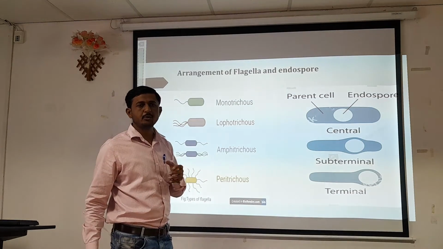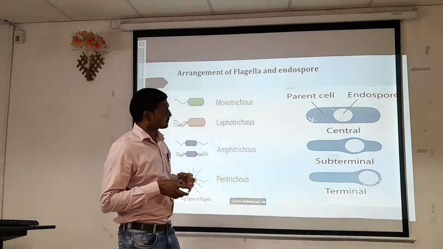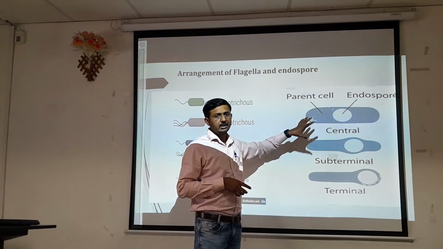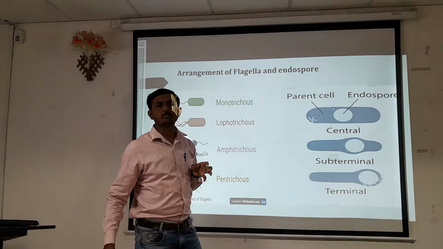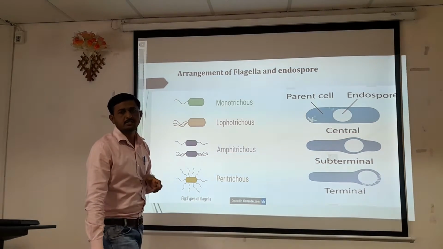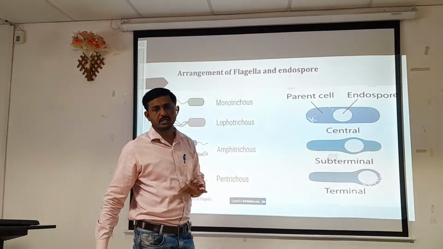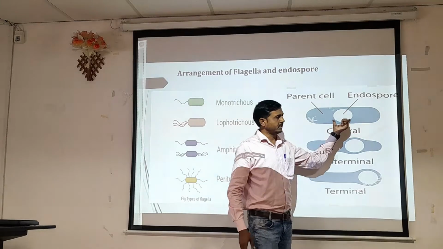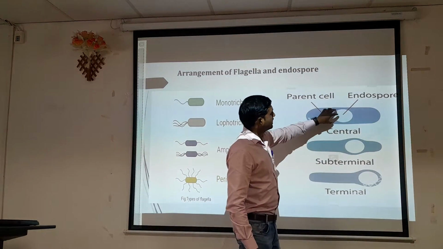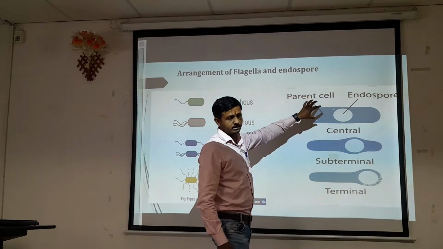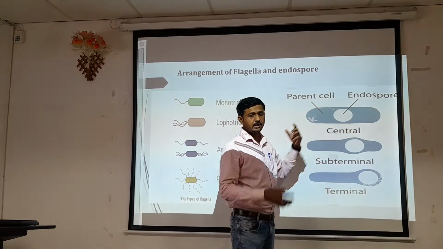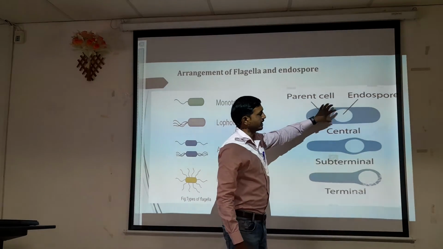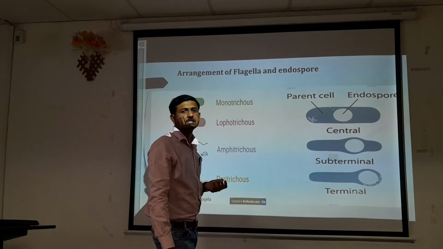Apart from that, some bacteria form a particular structure in adverse conditions. Some bacteria have the ability to form a resistant structure, called a spore or endospore. Sometimes the location of the bacterial spore can be used for differentiation of organisms from one another. On the basis of the location of the spore, if the endospore is present at the center of the bacterial cell, it is called a centrally located spore.